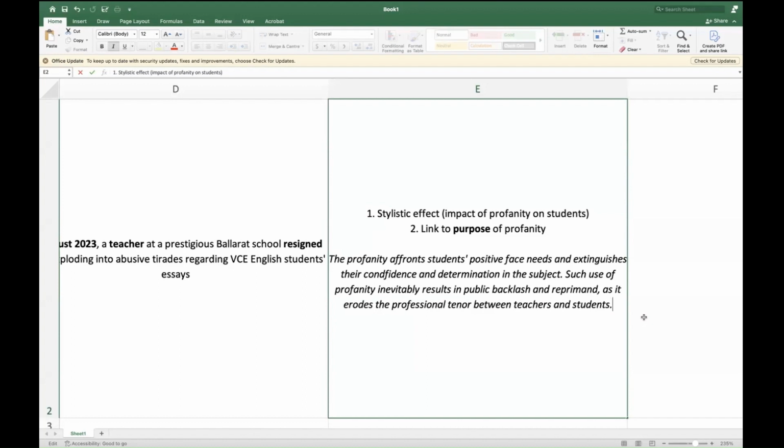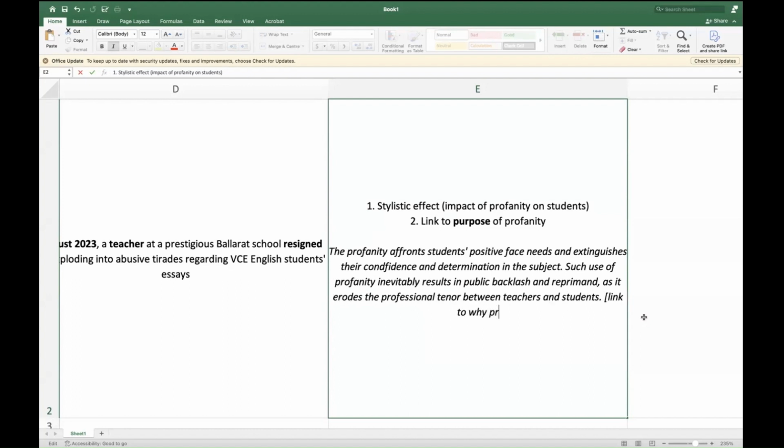Something like that. So this is basically linked to why profanity is being criticized. Something like that would be fine.